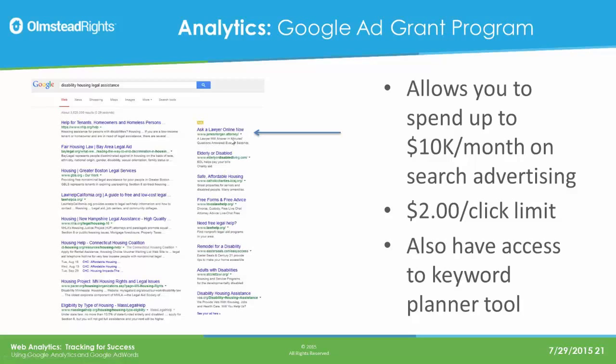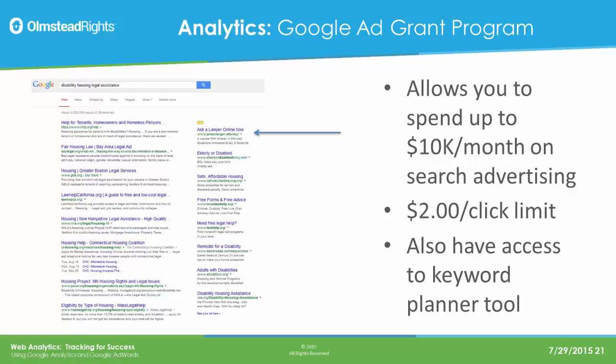So James Morgan, attorney, is bidding and is willing to pay some amount of money. Within the Google Grants, you're restricted to $2, so that may mean that you're down here or even further down. In some cases, for legal things, we were looking at another attorney's sites, and we saw some keywords as high as $150 when they're looking for DUI representation or something like that. So it can get very expensive, specifically within the legal category.